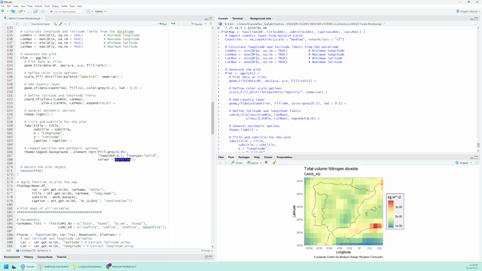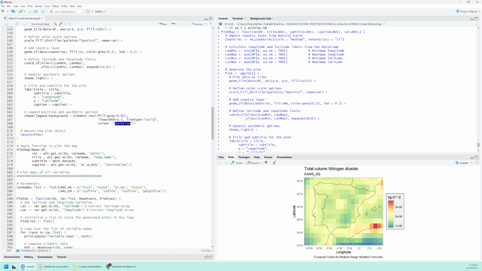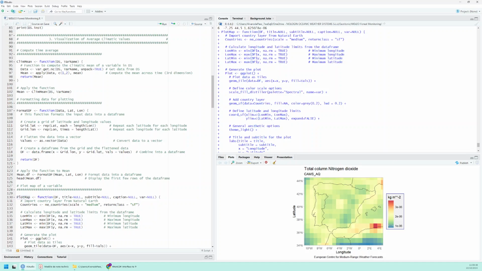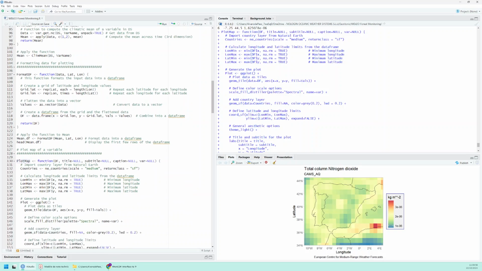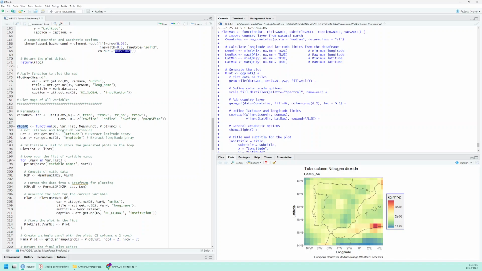So once we have learned how to do this, we would be interested in plotting the other variables, to start working with the other variables. We could use this plot map function, this combination of these 3 functions, to plot the other variables. But since we do not want to replicate the code, we can define a new function that we have called plot air quality. This function will have as